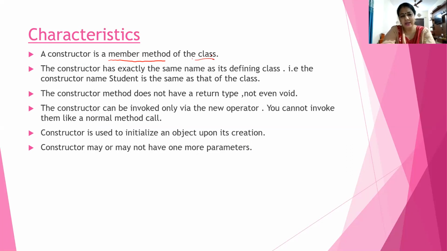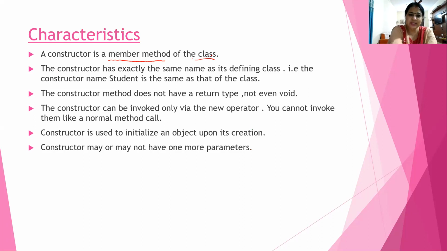Now you know any method. What is a method? It is a member of a class. Okay, a name along with the parenthesis is known as a method. So the constructor is also the same. The constructor has the class name with the parenthesis, so it is nothing but what? It is a method. And what kind of method? It is a member method of the class.